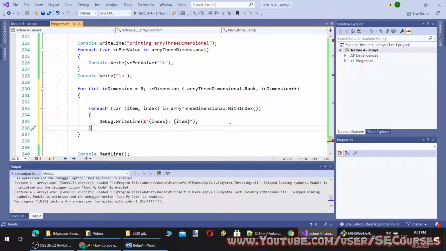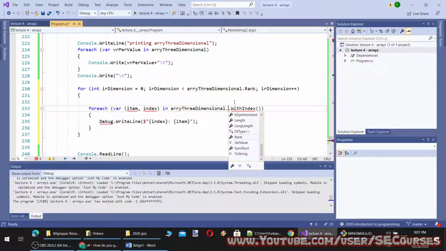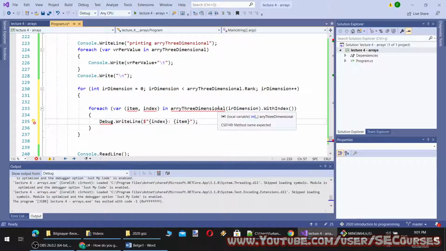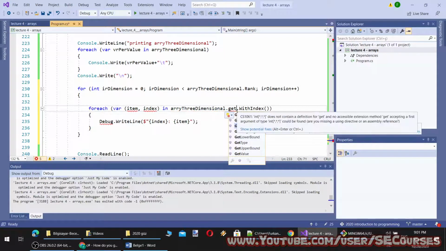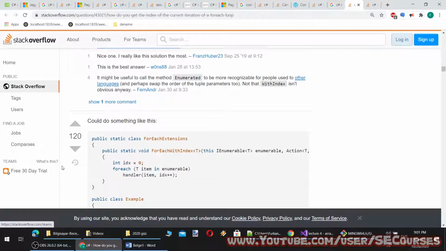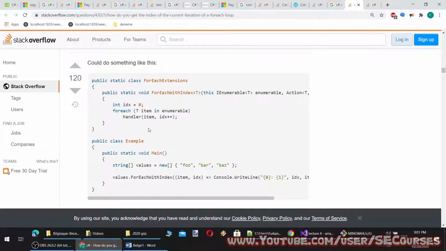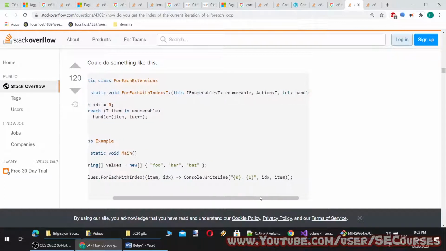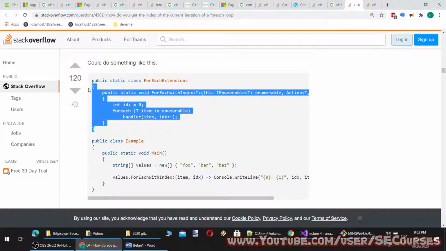Since I will know the dimension, I can get it like this perhaps.